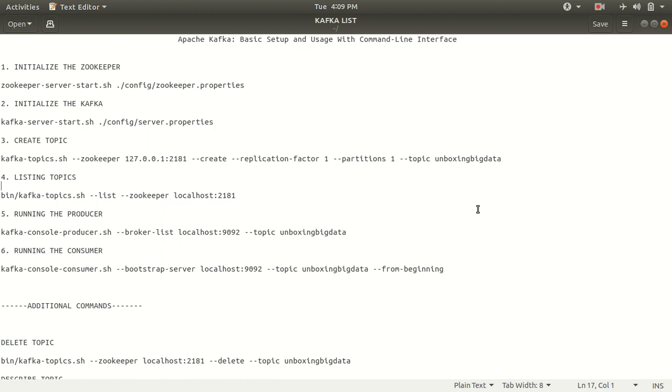So you can see that I've already listed the steps required for this little practical. It's quite straightforward, nothing complex, just a set of commands we need to run on our system to get things done. We have 6 steps for this practical. The objective is to first send some messages and have them received by the other side. So the producer will be producing some messages and through Kafka they will be sent to your consumer.